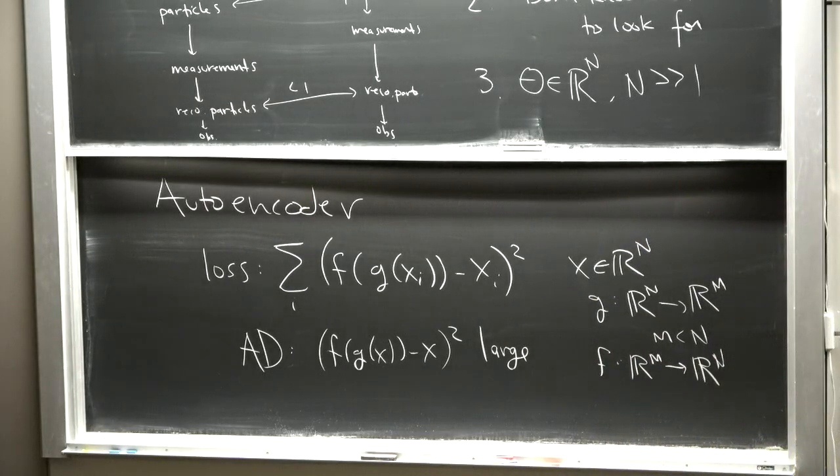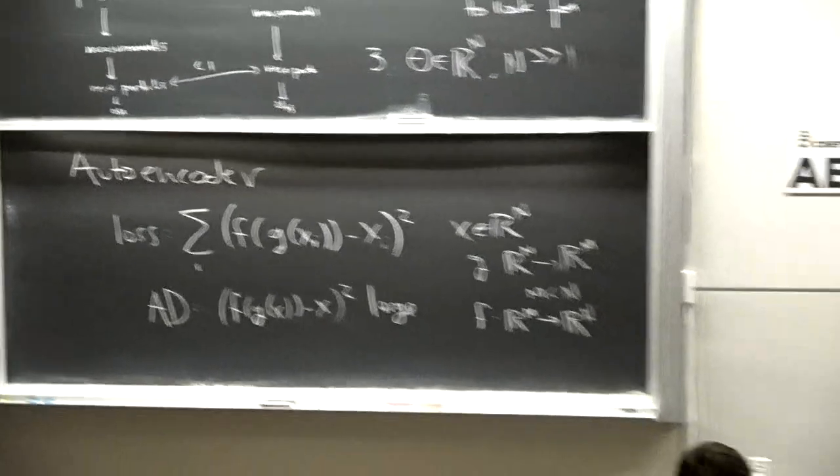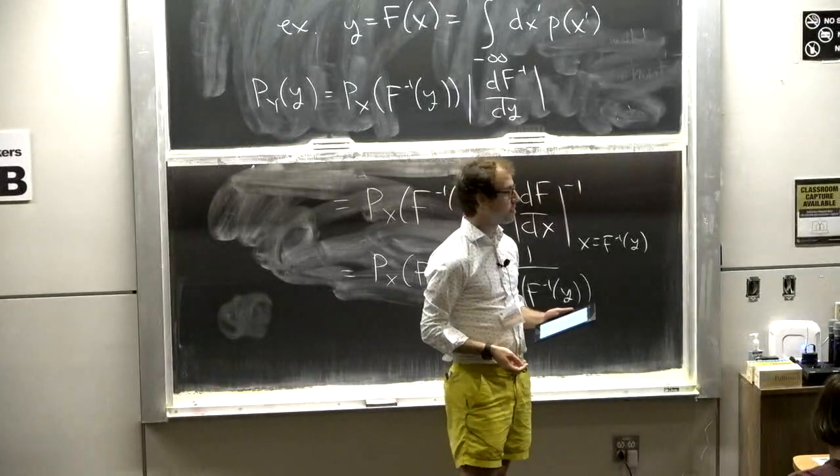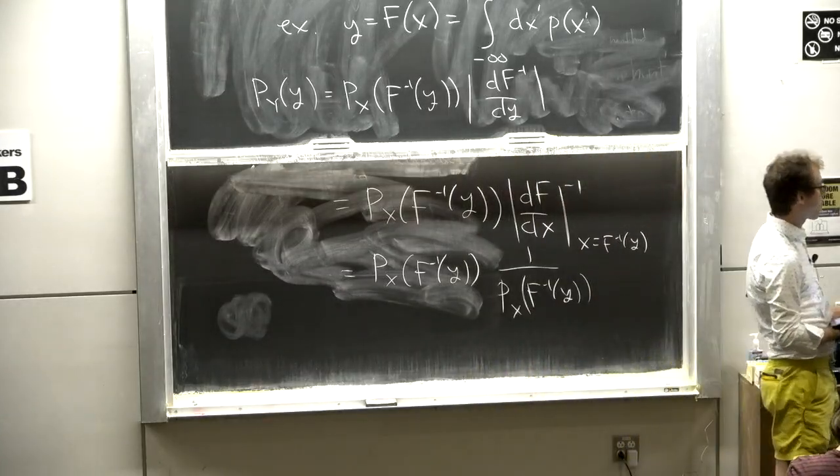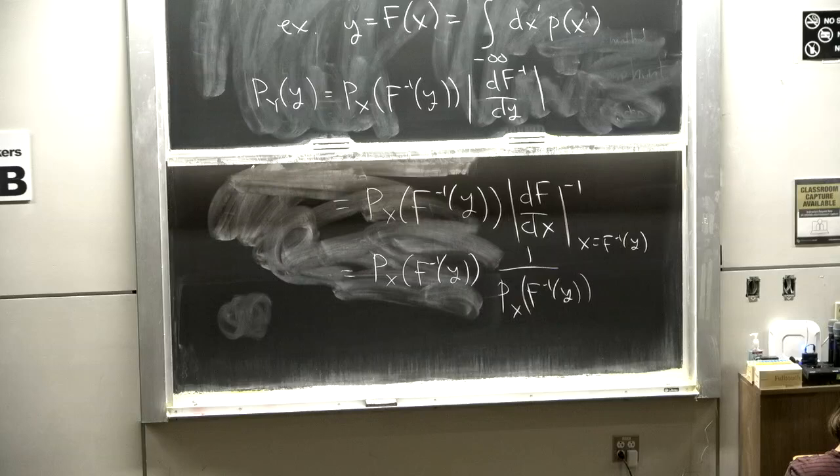Maybe I just missed it, but on this slide, are you starting with z and finding the distribution for the variable x, and then what is the relationship between f of x and z? Yes. So the idea is that let's say z has a very nice distribution, like a Gaussian, which I can write down exactly. And x is the one I don't know, and I want to estimate it. And so I want to go from z to x. And so the normalizing flow would be a map from z to x. And then that allows me to write down the likelihood of x, the p of x. So p of x is what I'm trying to estimate.